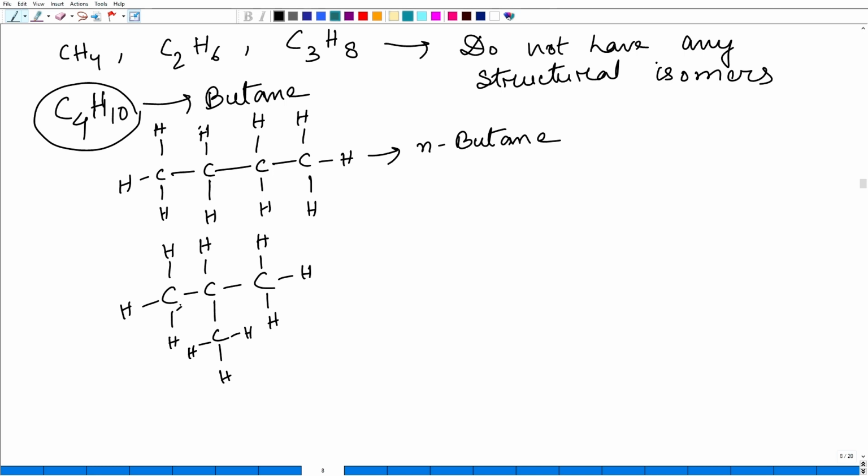We have 4 carbons, that is C4, and we have 1, 2, 3, 4, 5, 6, 7, 8, 9, 10 hydrogens. So, see, the molecular formula is still maintained, but are these two structures same? No, they aren't. These two structures are different. This is known as isobutane. Okay, isobutane or